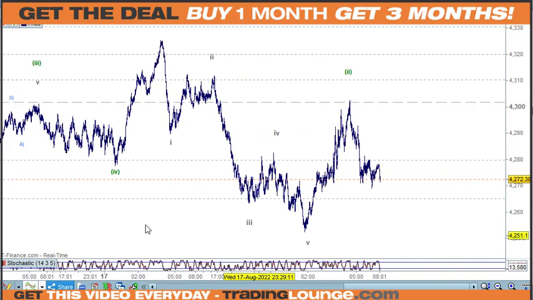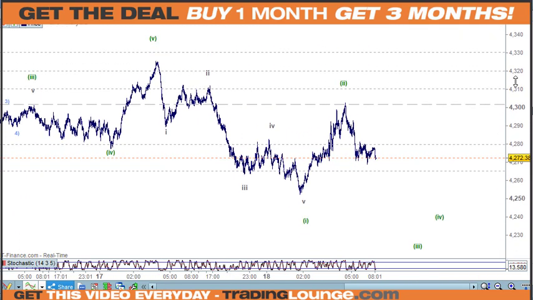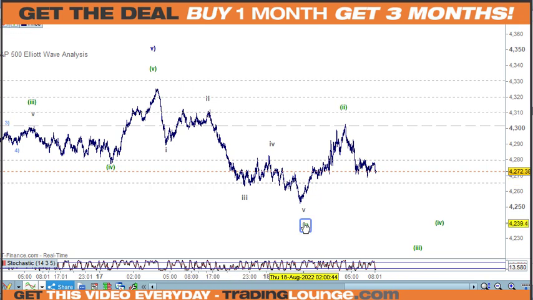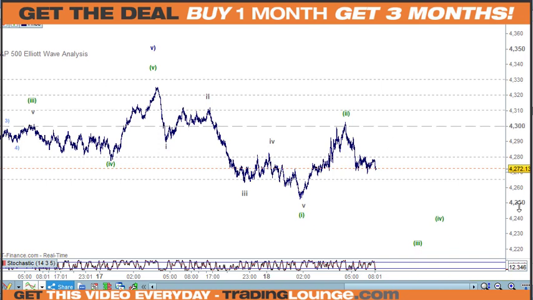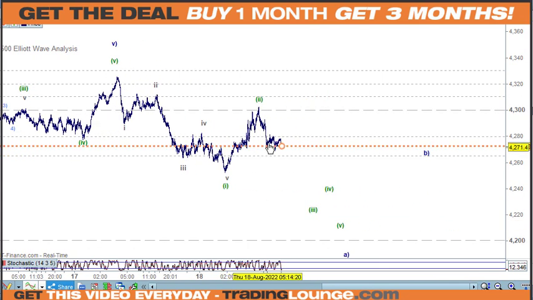So this is where our focus is at the moment. This first 5 waves down here for possible wave 1, and wave 2 that's pulled back up to the 4.3, the closest largest number in that area. And the thing here is that once it takes out this low here, this is 4,300, group 1 above, group 2 below. So that's the swing range for this number. If the 4.30 became the support, we'd be looking to go long. If this area here becomes the retested resistance, then we'll be looking to go on the short side.